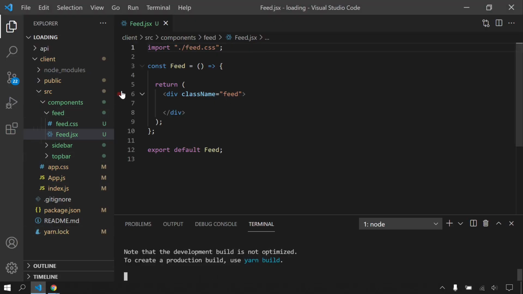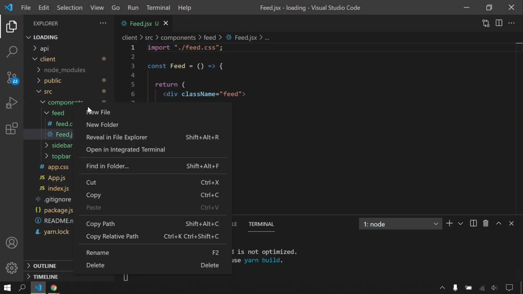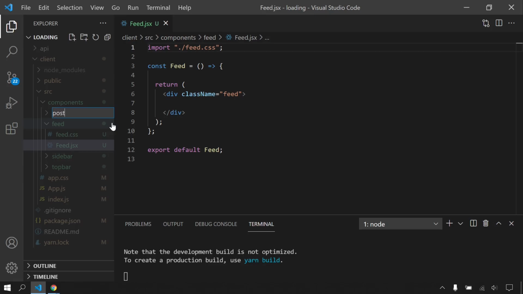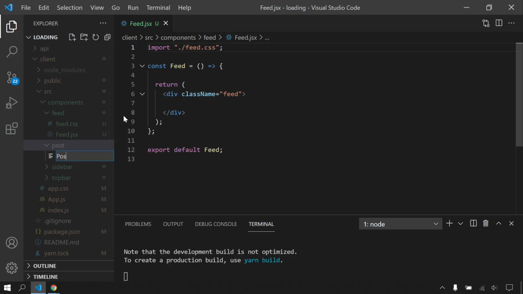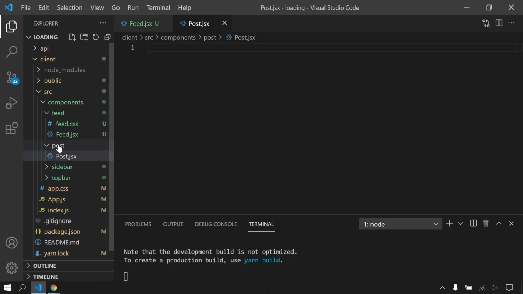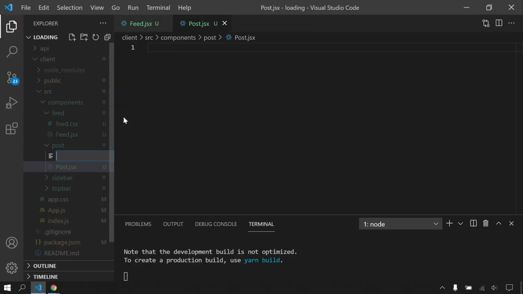Okay, so let's create some videos inside this feed component. There will be a post component, and inside we will add video image, channel name, title, description, so on. So let's do that. I will come here and create another component. It's gonna be post. So I'm gonna create my JSX file and my CSS file,